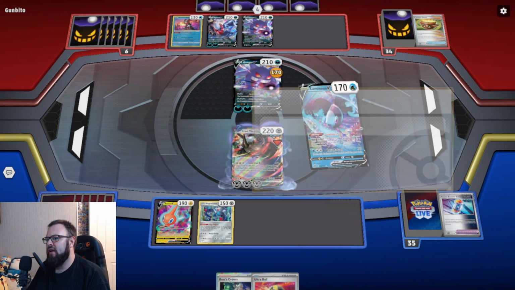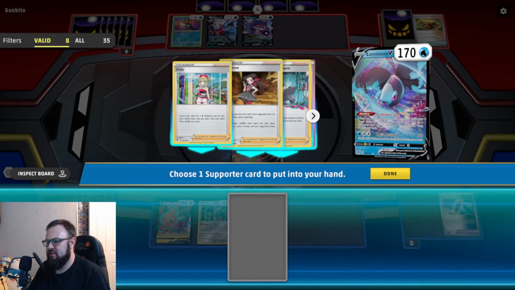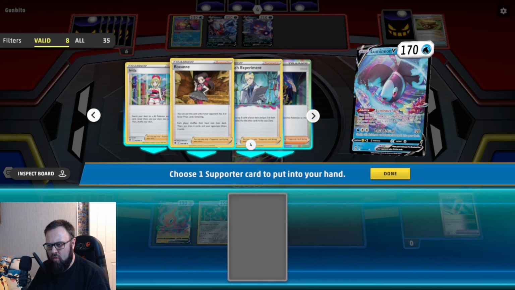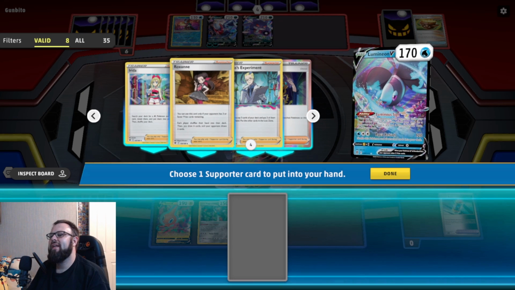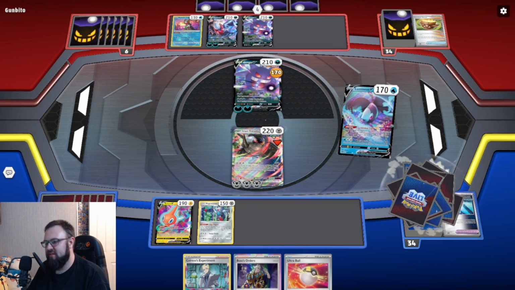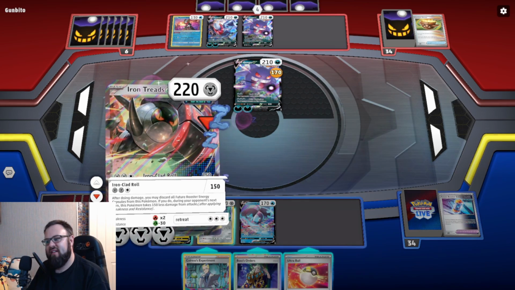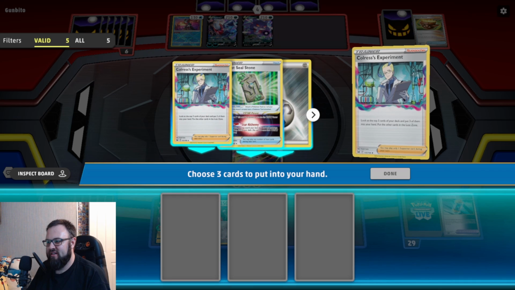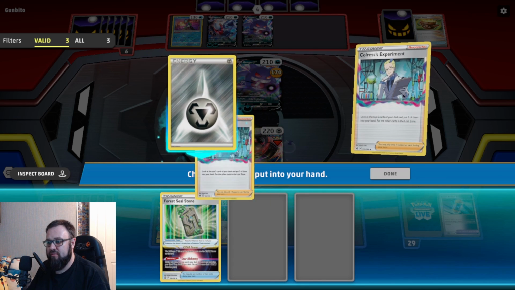Lumineon. We'll get another Iron Treads ready, I think, is probably the sensible thing to do. And we can do that with Colourless, or do we get it with Irida? We can't get it with Irida because they're water Pokemon, and as we can see, this is not water. So we are going to use Colourless. Do you get the Forest Seal Stone? We're going to go for...